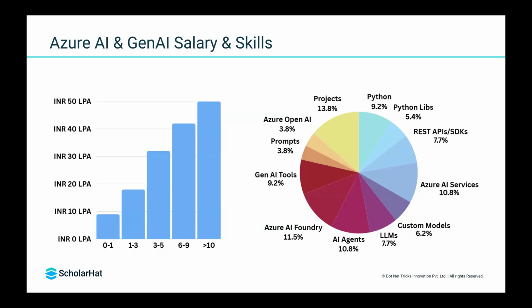Depending upon the experience you have, the country, and the currency, you're going to get the salary. The salary range I'm sharing here is as per India. In the USA, the salary range is more than 160K USD. It depends upon the region you are in within the USA, but it can be 160K USD yearly salary you can expect. In India, this can be the range you can expect.